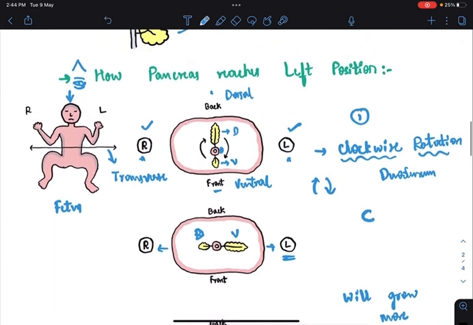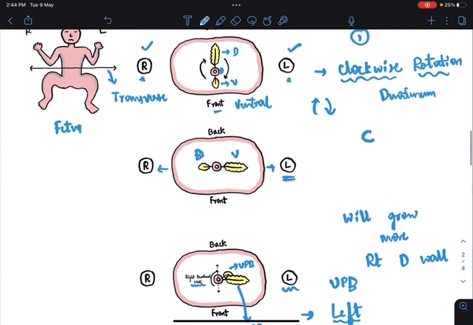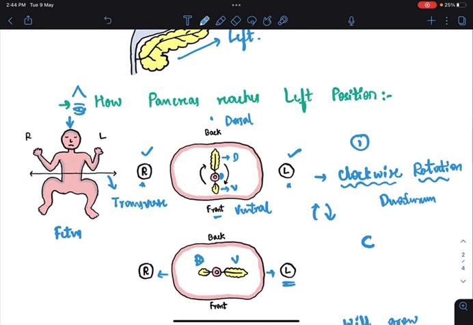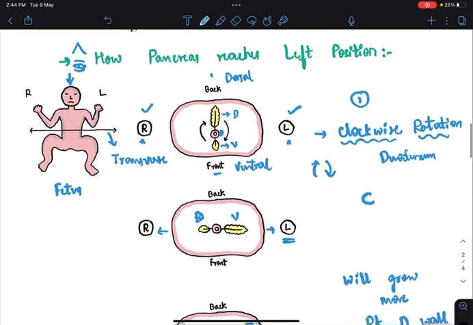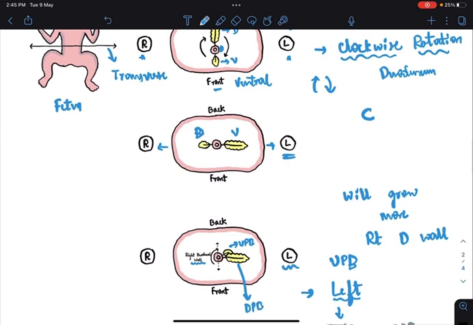So what happens in this position? See, the ventral and dorsal pancreatic buds are now in what position? In the left side. How do the pancreatic buds reach the left side? First, the ventral pancreatic bud and dorsal pancreatic bud are attached to the duodenum, and the duodenum rotates clockwise. This leads to which position? The ventral pancreatic bud comes on the right side. This is ventral, this is dorsal, comes on the right side, and the dorsal pancreatic bud comes on the